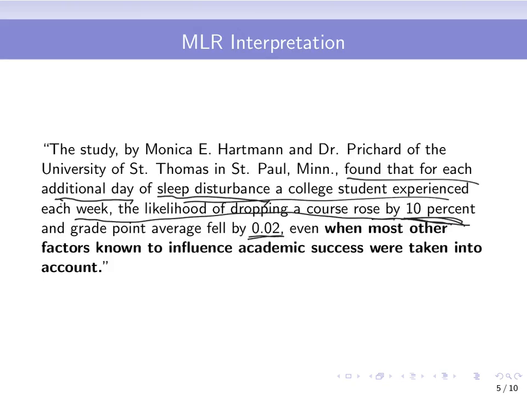But with multiple predictors, you notice that there's this additional statement over here, where most other factors known to influence academic success were taken into account. When I read a statement like this, and if you actually go back to the link and take a look at the study in detail, you'll realize they did use a multiple linear regression model over here. So what this statement means is that if you're comparing students where these other factors, so maybe other factors could be incoming GPA,